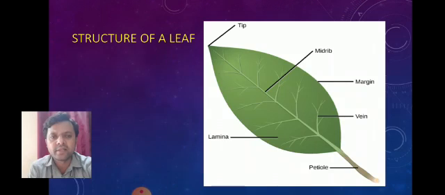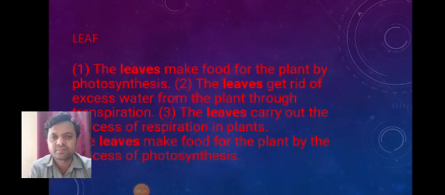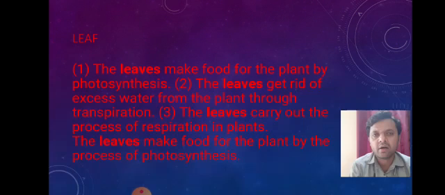Now we will discuss what a leaf is and what the function of a leaf is. As we saw in the diagram just now, let's see what a leaf is. Leaves have unique importance because they are also called the food factory, or the kitchen, of the plant, because leaves make food for the plant, and we are all also dependent on plants for food. So if there is a leaf, we'll get our food.